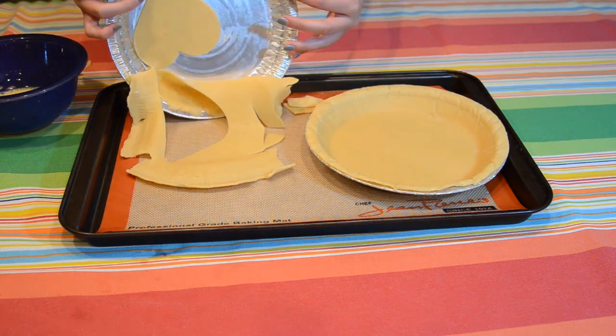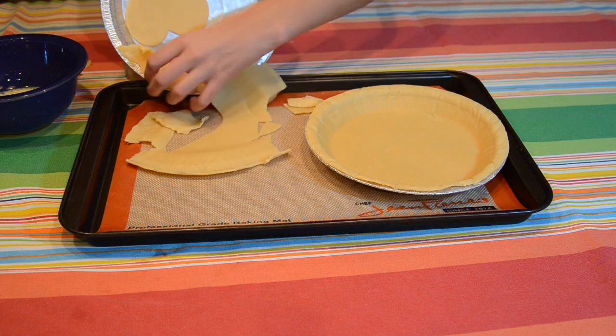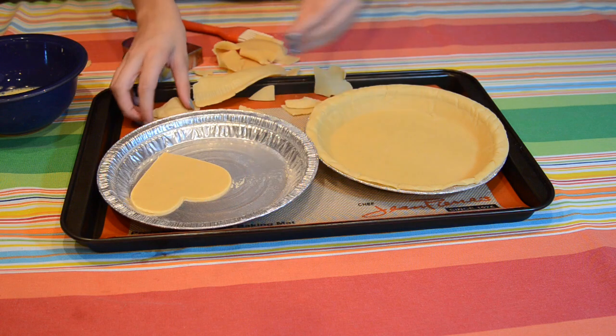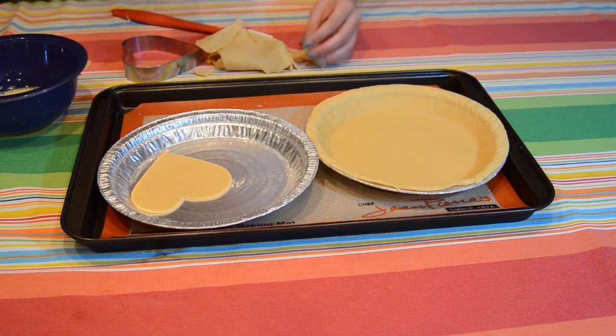And the pie crust, if it's warm enough, should just come off like that. That's the easiest way to do it. Don't pull the pie crust out like before, because then it will all break into pieces, and then you'll have to